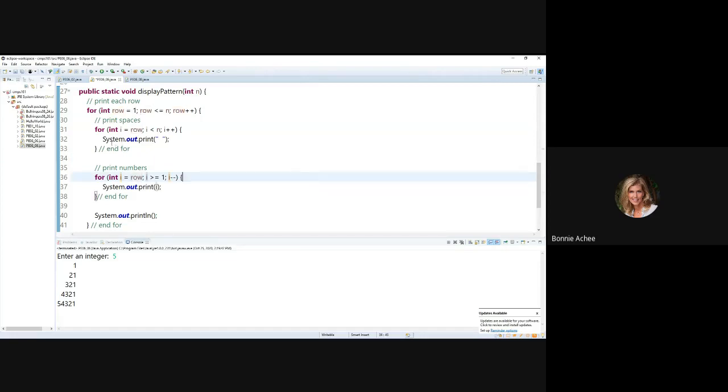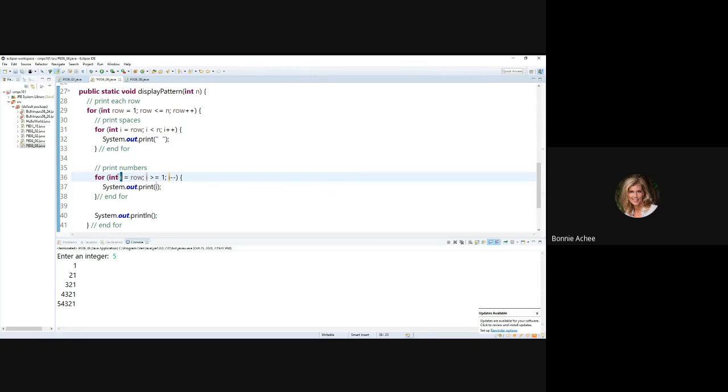as our control variable, because remember, for scoping, the variables that are declared in this for loop, in those parentheses right there, the scope of that variable is only the body of the for loop. So when the for loop that we began on line 31 ends in line 33, the variable I goes away. It's out of scope. It's no longer accessible. So we're able to reuse that name. So we can reuse the name I as a control variable in line 36. So a completely separate space is allocated and given the name I for this for loop between lines 36 and